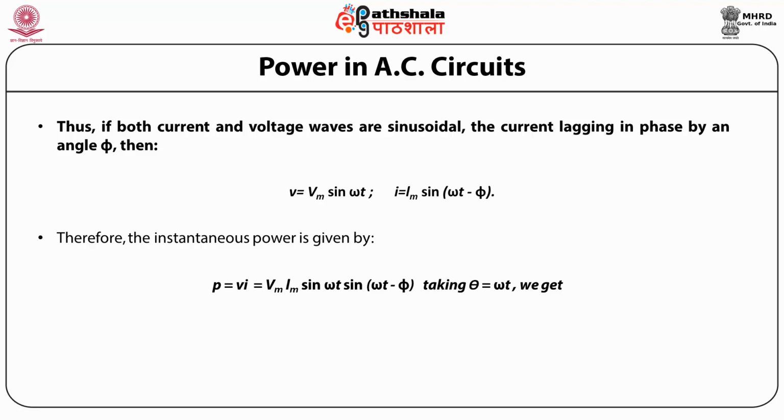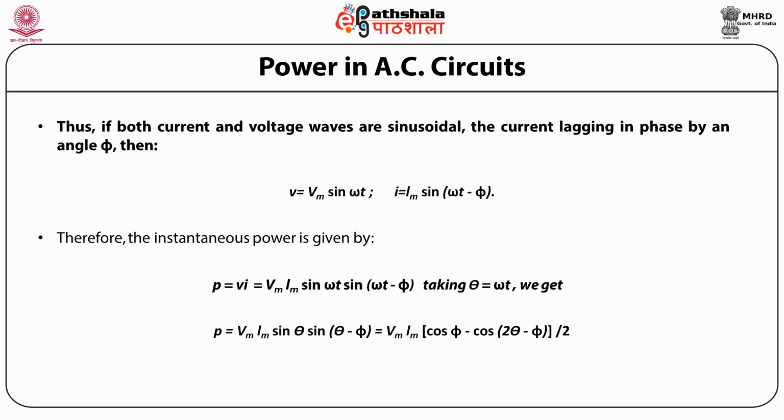Taking theta equal to omega t, we get p = Vm Im sin theta multiplied by sin(theta minus phi),